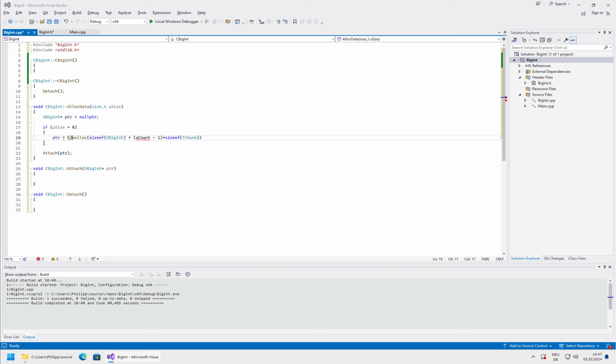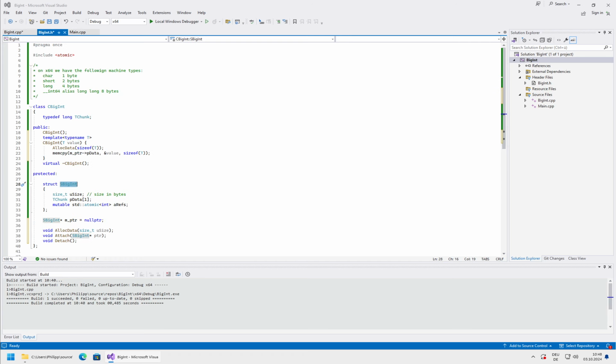We will use malloc to create the object, and for this we need the size of the object as well as the size of the additional